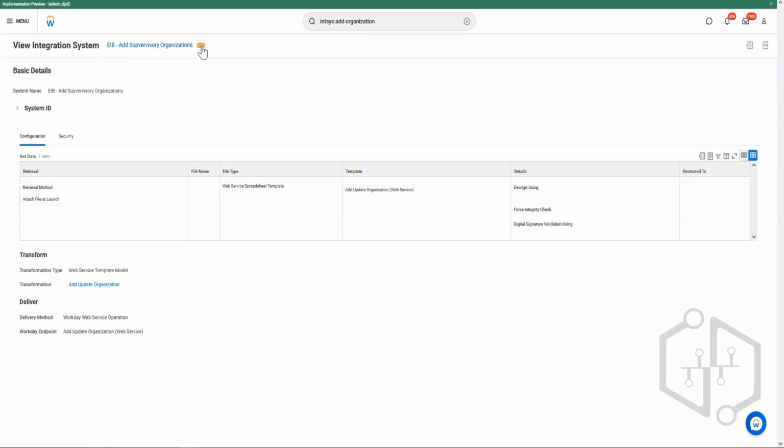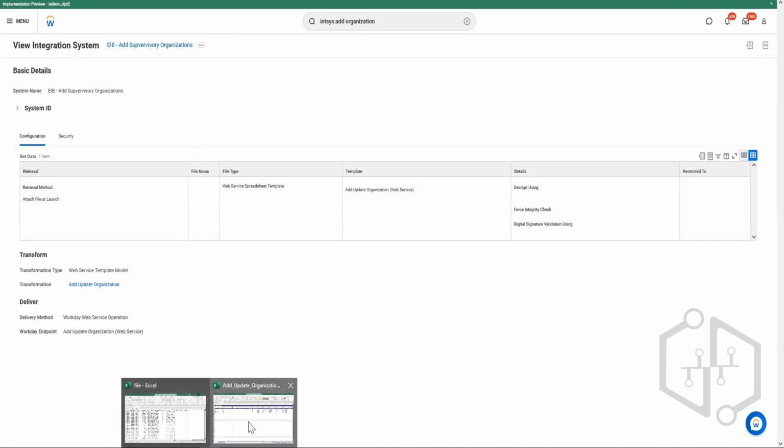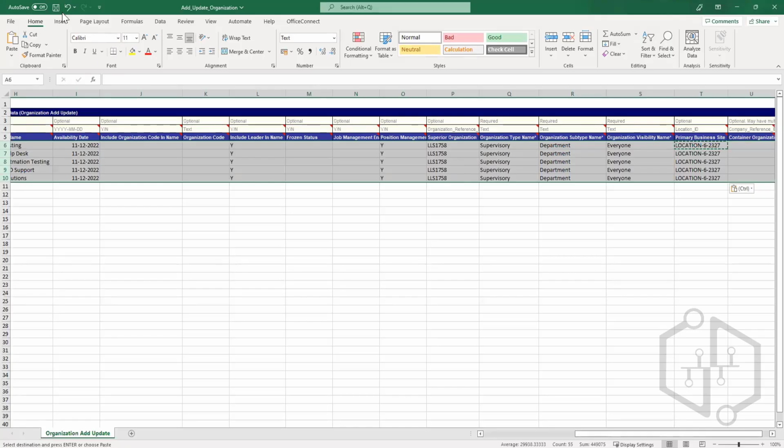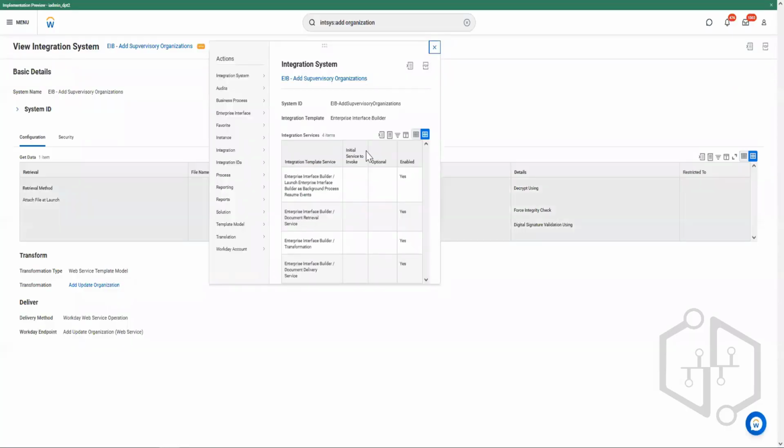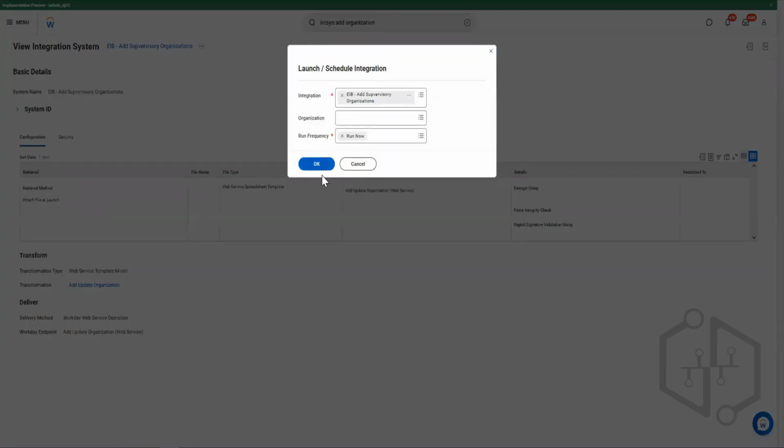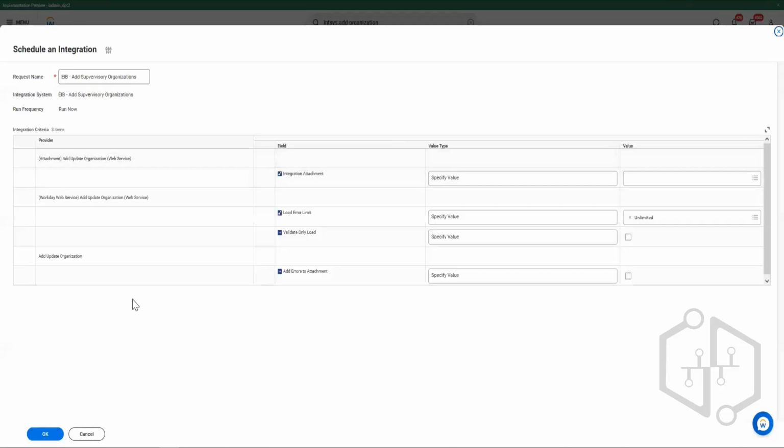So now we will be adding the template that we added with the data. This is the data template that we created, right? We will be adding this to the integration. See how this loads. For integration, launch,